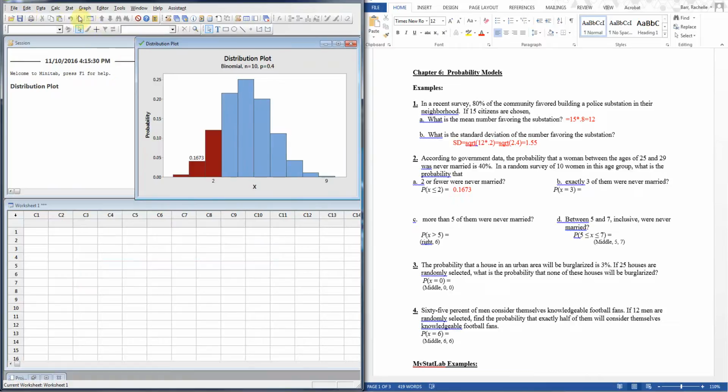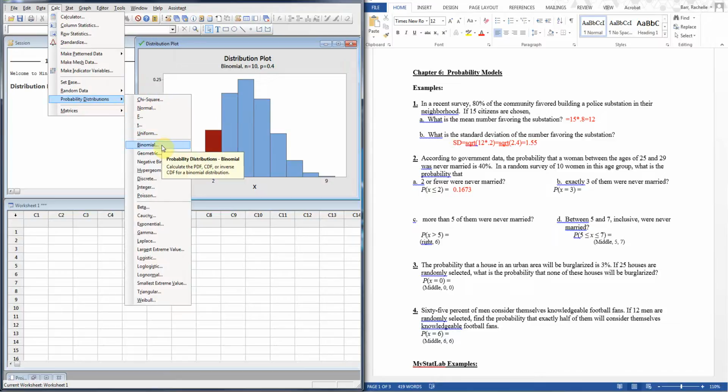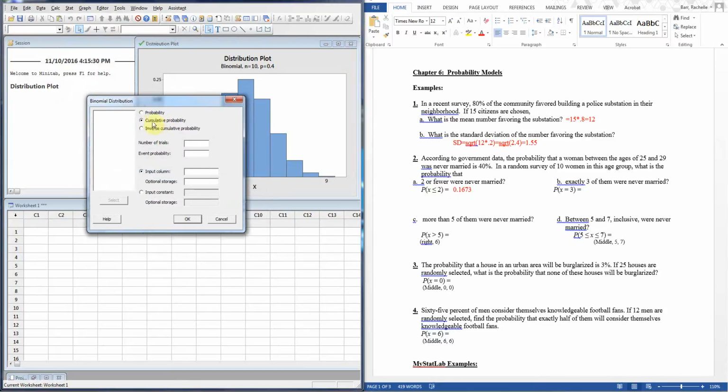So let me show you another way you can do this. If you go to calculate and then probability distribution, and then notice there's the binomial, I like this way a little bit better. I'm doing a cumulative probability, not a single value, so I want this radial dot chosen. If I do just a single probability like I'm going to do in B, I would choose probability because it's a single value. So I need to give it the number of trials, which is 10, the event probability, 0.4. And then if you have lots of things you want to check at the same time, you can use an input column for this. I'm going to use a constant because I'm just doing a single value. And if you want, you can store it somewhere in your data if you're going to use it later for something. I am not. And the value I'm interested in is 2. And now if I hit OK,